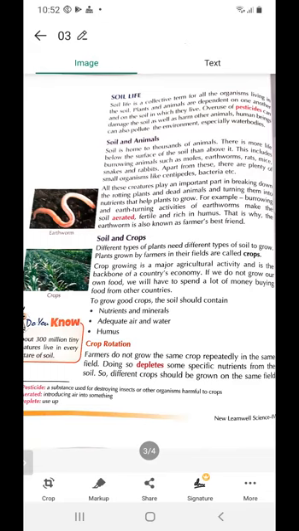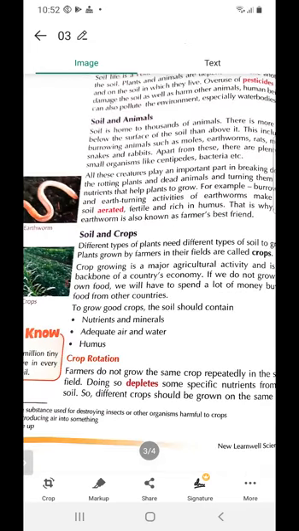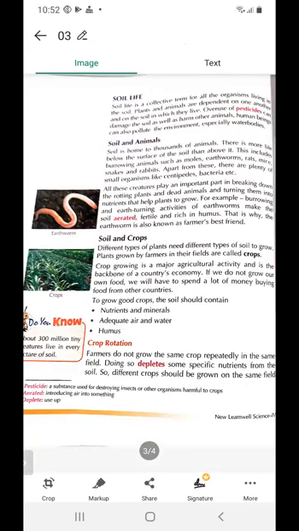So what do you mean by soil life? A term given to the living organisms in the soil. And plants and animals also depend on each other. And if we use excess pesticides, they can create air pollution as well as water pollution.